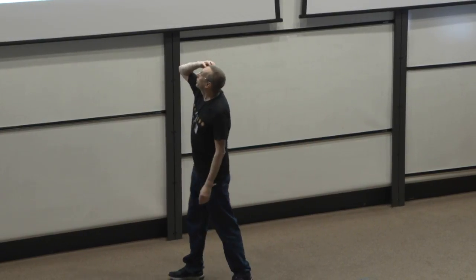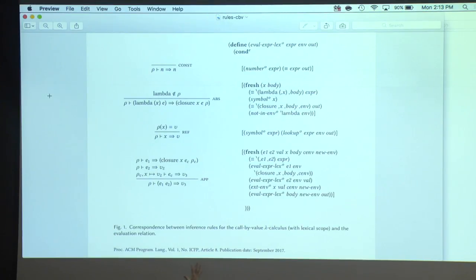So the idea is we're going to write an interpreter for our language of choice. Let's say it's Scheme. And we're going to write an interpreter in miniKanren. So you can see on the left we have some operational semantics for a little bit of Scheme. And then on the right we have the miniKanren code. Okay, so you can see the miniKanren code is not that long.